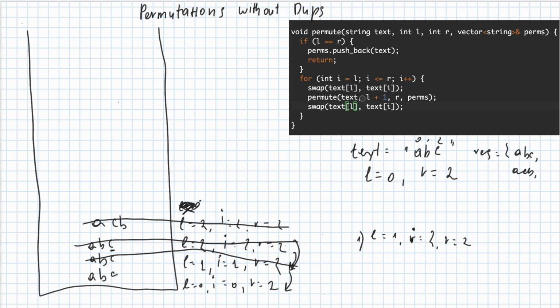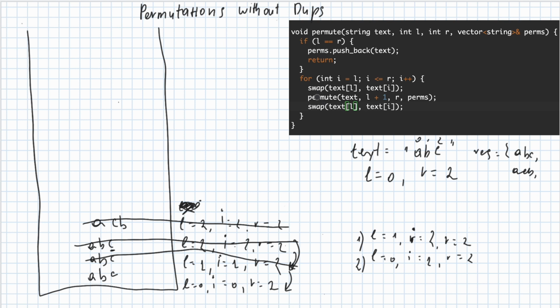So we return from this recursive part, and we access this second part where we swap the values back, but L is equal to 0 and I is equal to 0, so we are operating on the same character. And now we start incrementing I, but it's not a recursion, so I write here L is 0, I equals 1, and R is equal to 2. And then we swap the text, and text right now is ABC, and if we swap L0 and I1, it